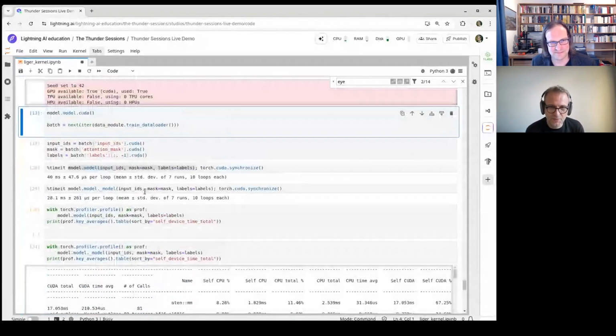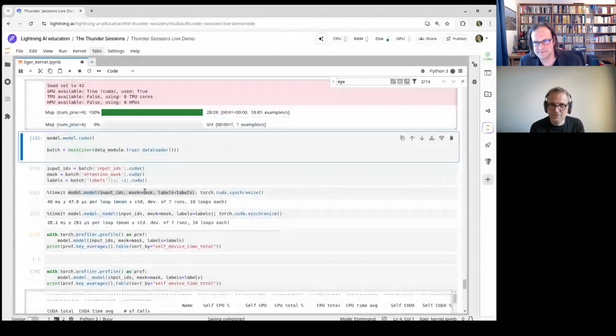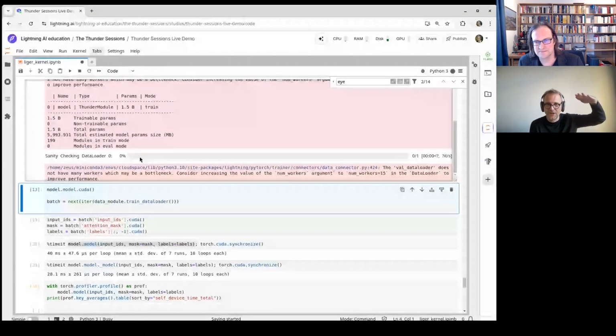For example, NVFuser, which is a fusion executor, likes to feed itself with primitives because it can reason through primitives a lot better than through high-level operations, which are too high level for NVFuser to fuse and meaningfully do its work. So you need to break it down for NVFuser.